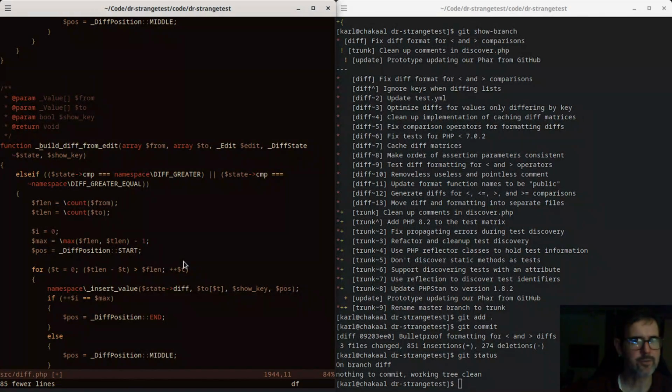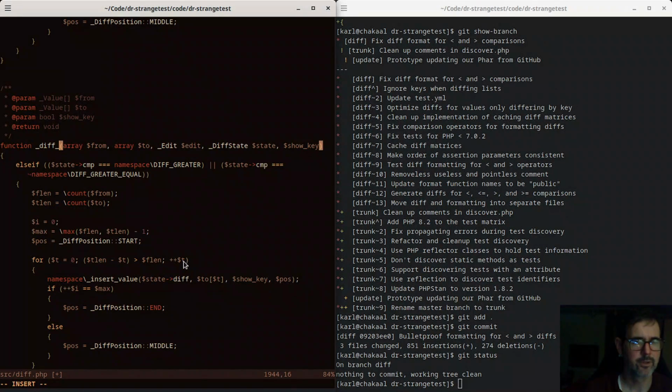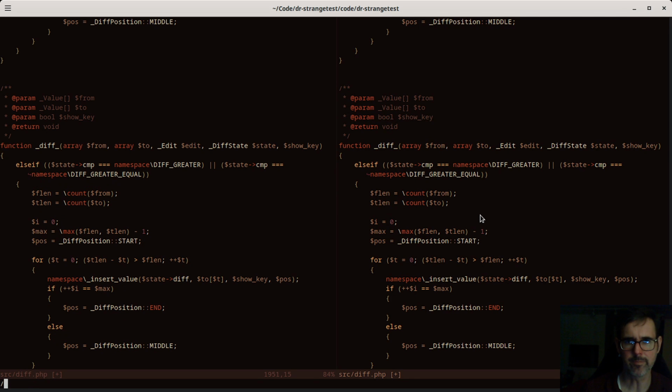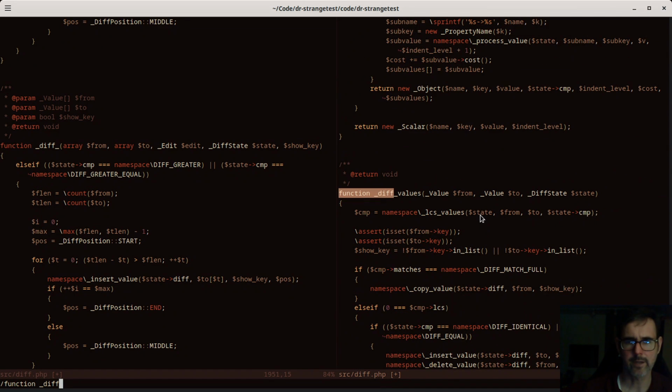So I feel like this is going to be something like diff. I'm going to write this as a counterpart to this diff values function,